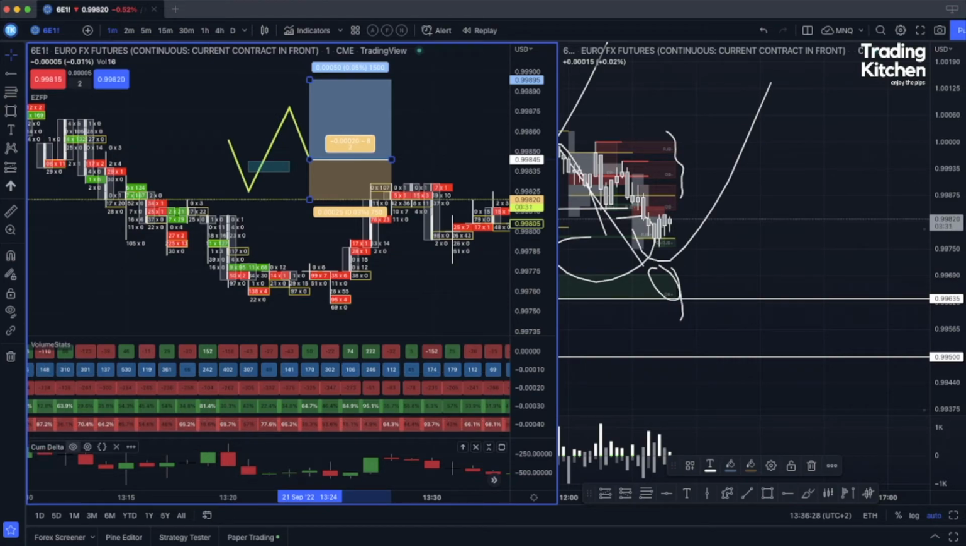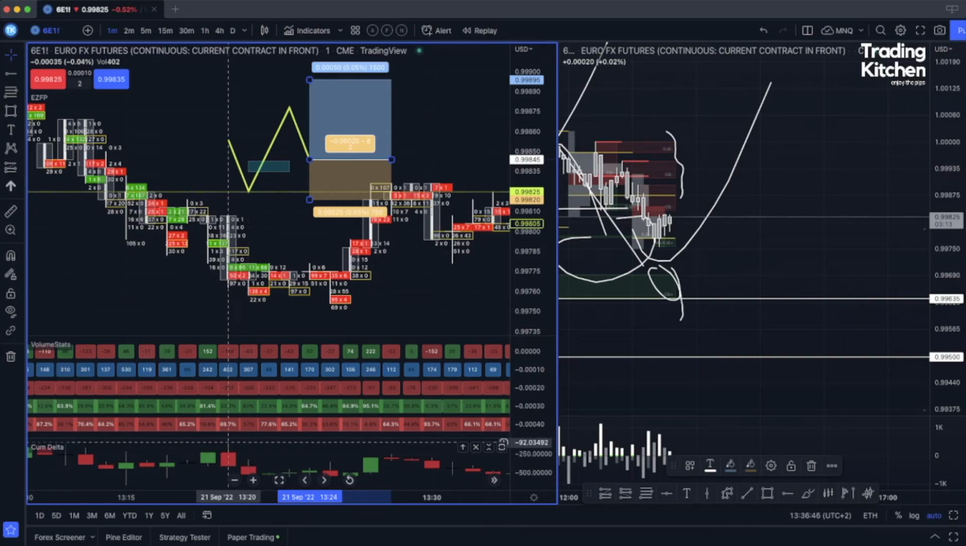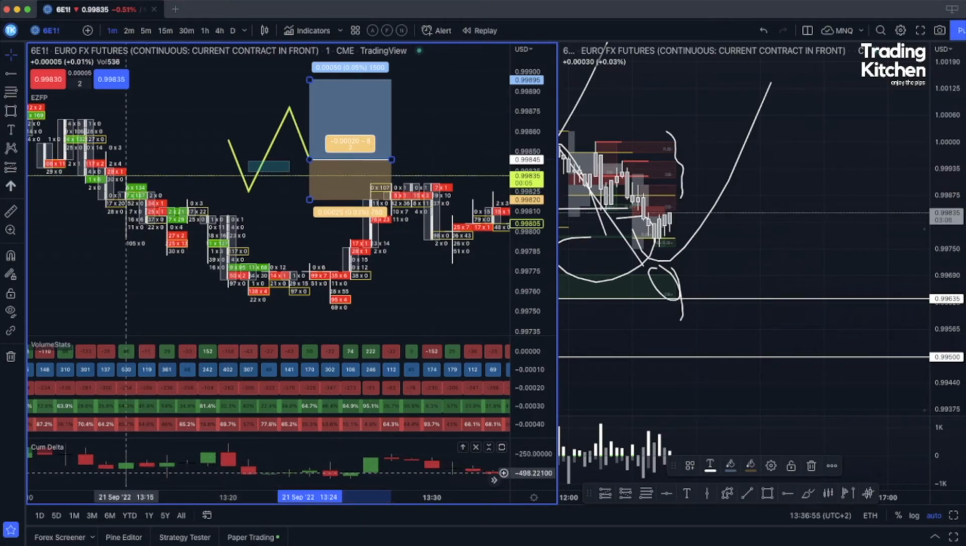Anyway, the last indicator is a cumulative delta. Well, there are so many cumulative delta indicators on TradingView. I suggest to use this one. I suggest to use the one in which you have normal candles with wicks, so not the Heikin-Ashi candles, just because the tails on the cumulative delta are very important, because it gives you a confirmation